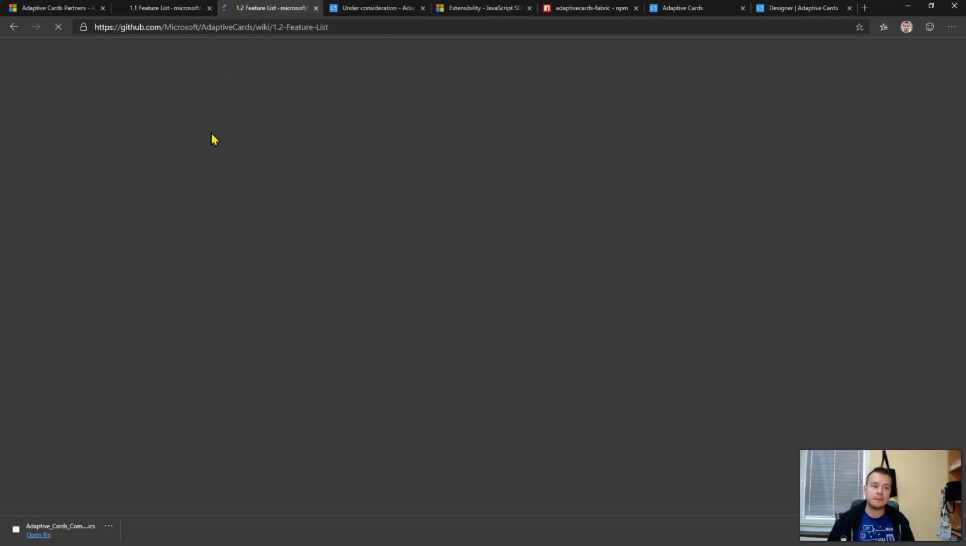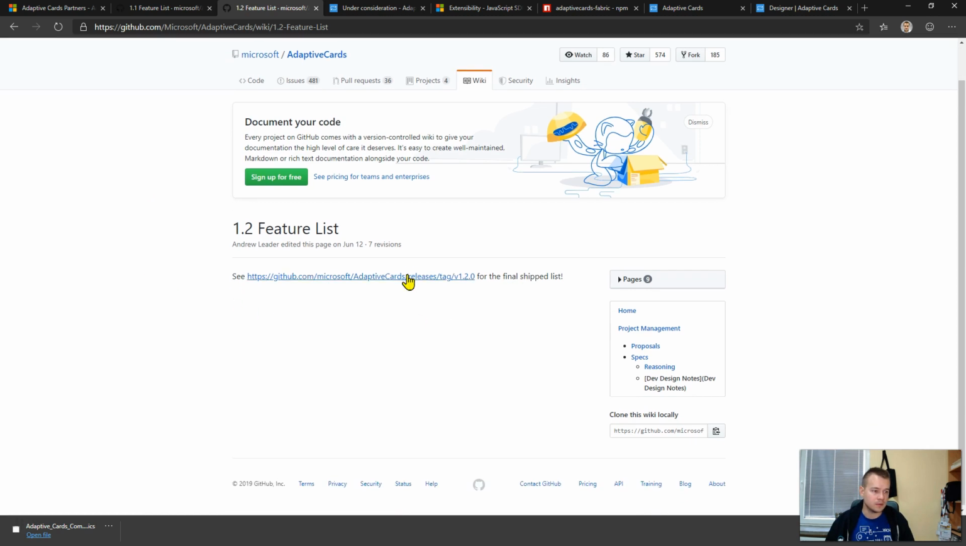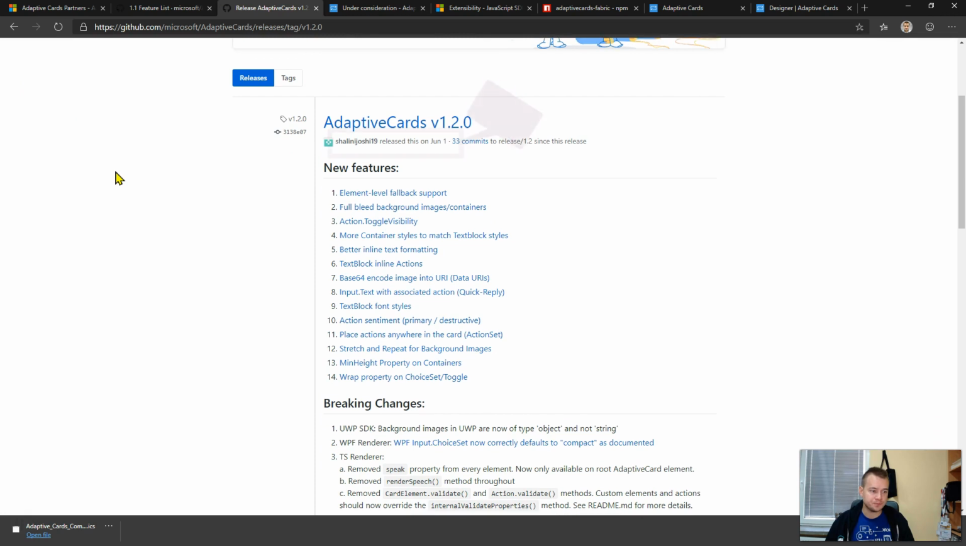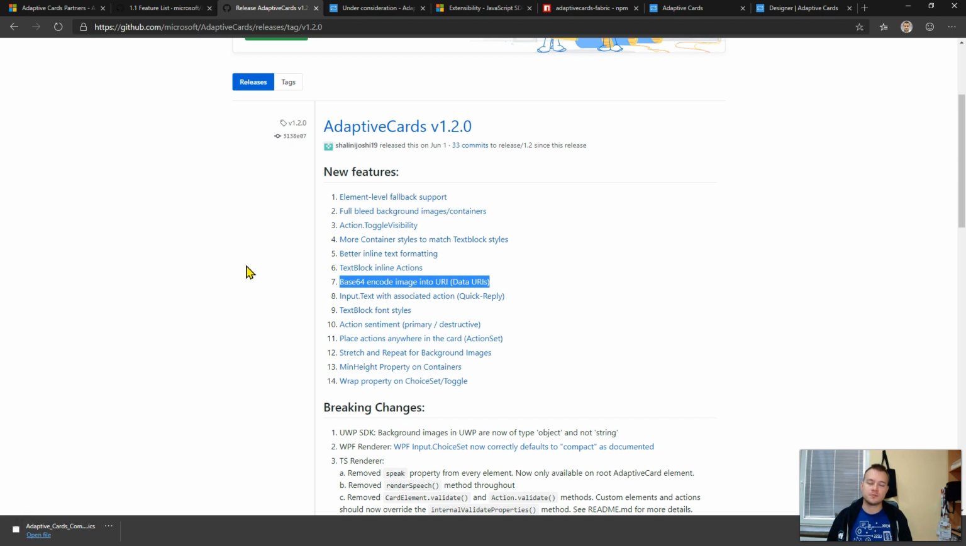Now, going to Adaptive Cards 1.2. Right, so it has moved here. In Adaptive Cards 1.2, we have a couple of new things that have been implemented and released. One of those features that I'm also really missing in the current release is that you will be able to embed